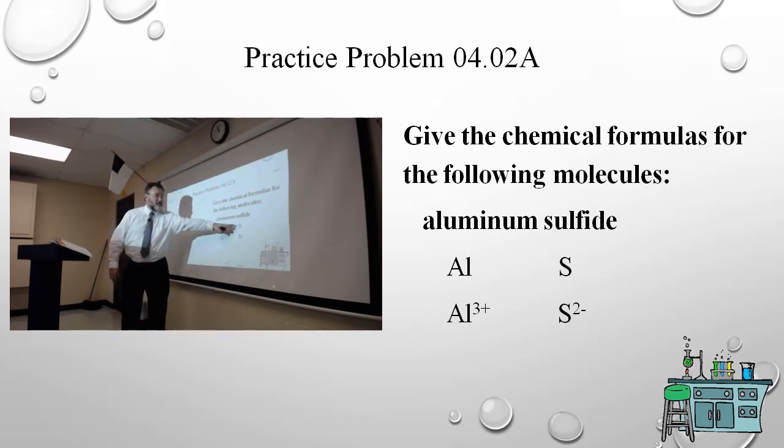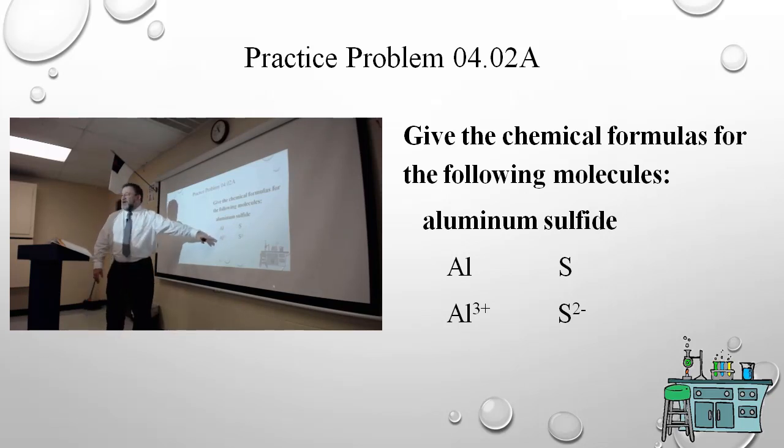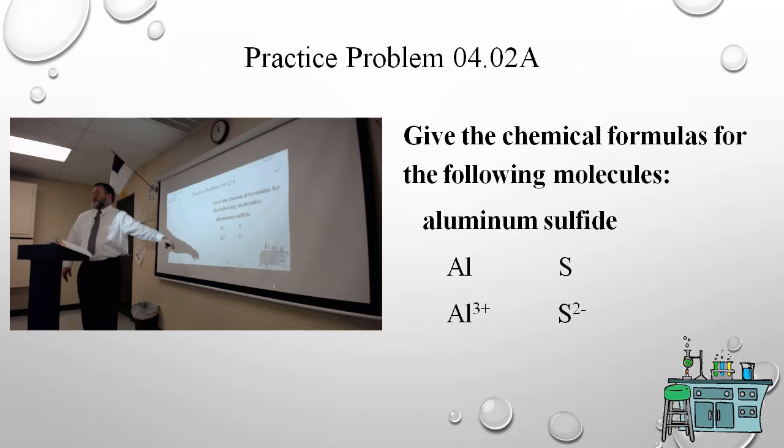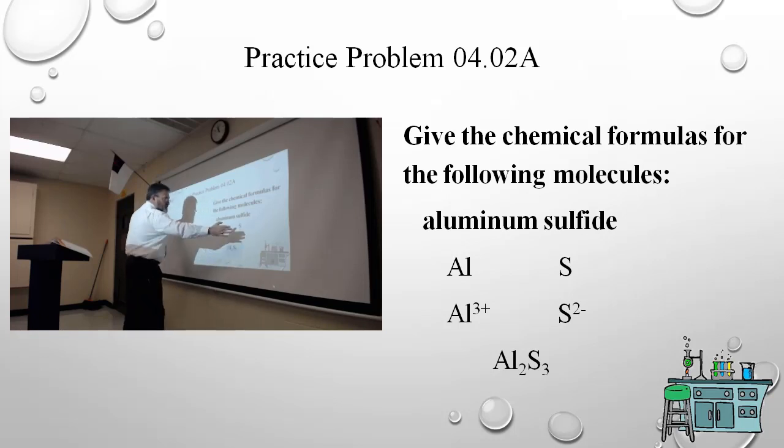Here it's a sulfur atom. Here it's a sulfide ion. Here it's an aluminum atom. Here it's an aluminum ion. Remember, the metal keeps its name. It doesn't change. So I have an Al. Aluminum wants to become 3 positive, and sulfur wants to become 2 negative. So what is the formula for the molecule that's going to be formed? Do you know that? Very good. Al2S3. I know that because I look to the charge, I ignore the sign, pluses and minuses, and